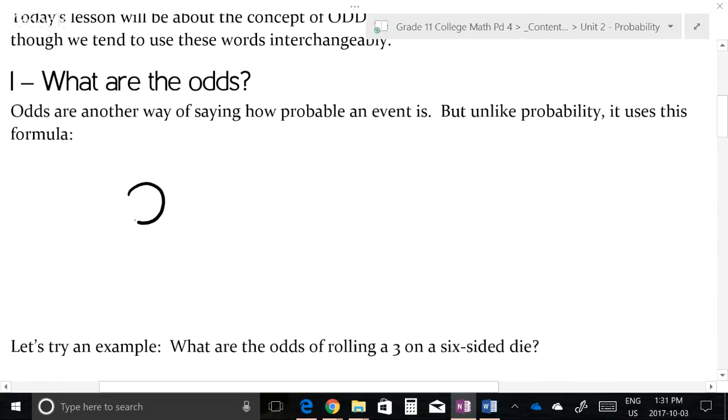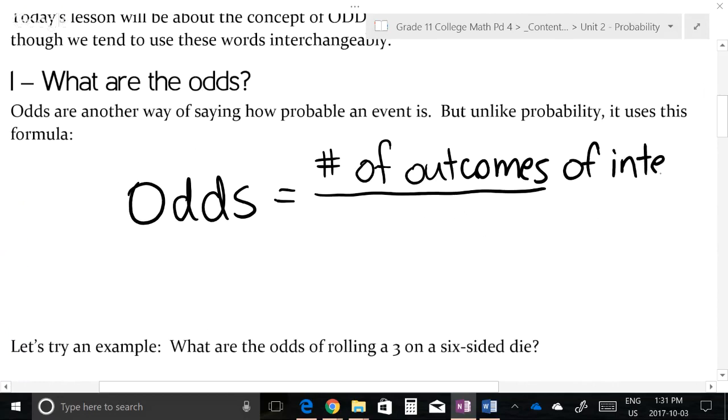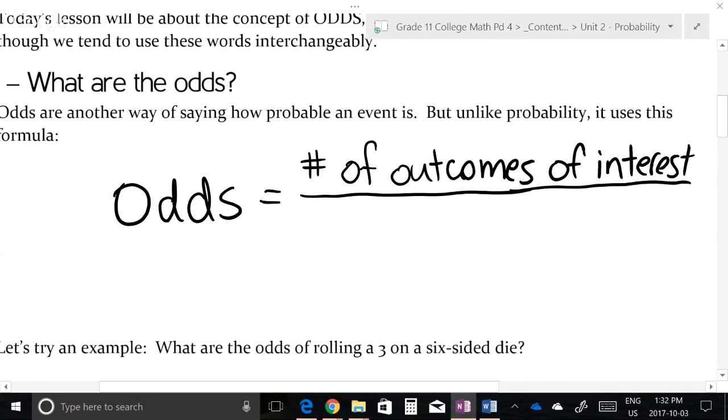Odds are calculated thusly. The odds equal, yes, this you write, the number of outcomes of interest, so what you want to happen, or what you're looking at, divided by